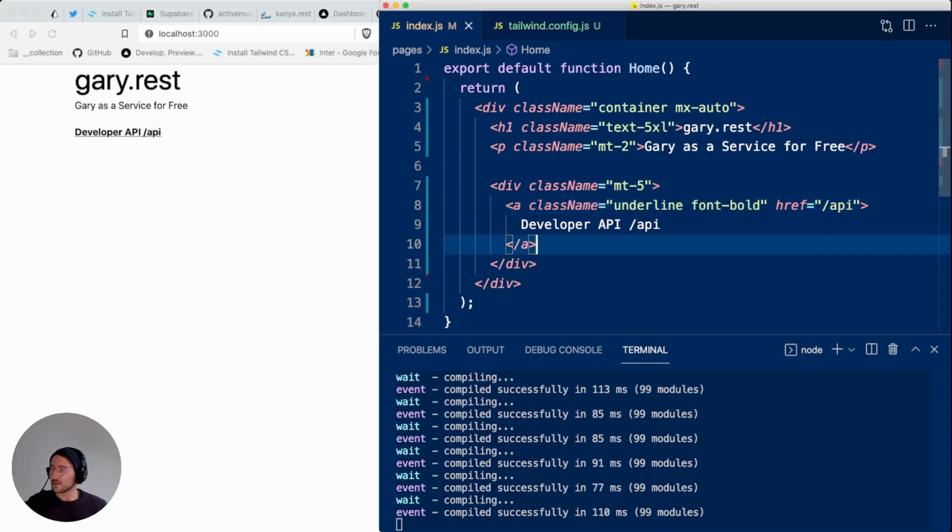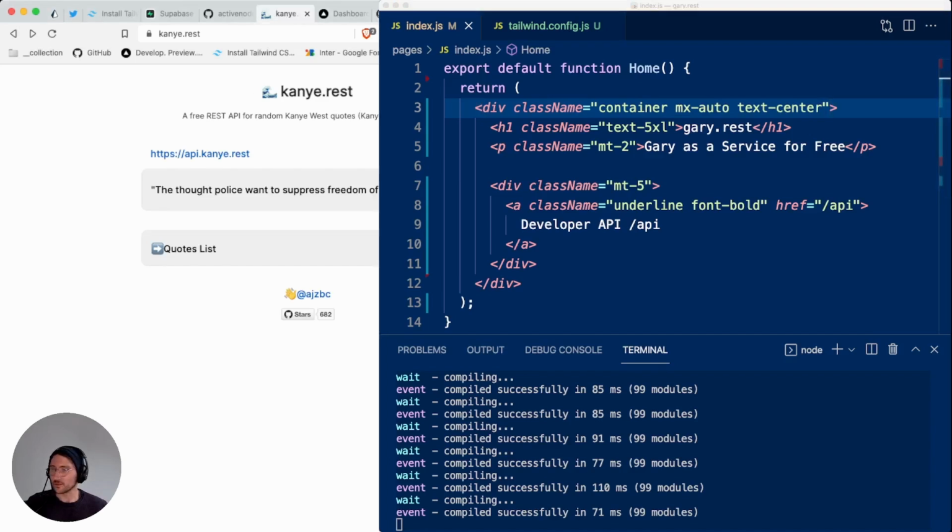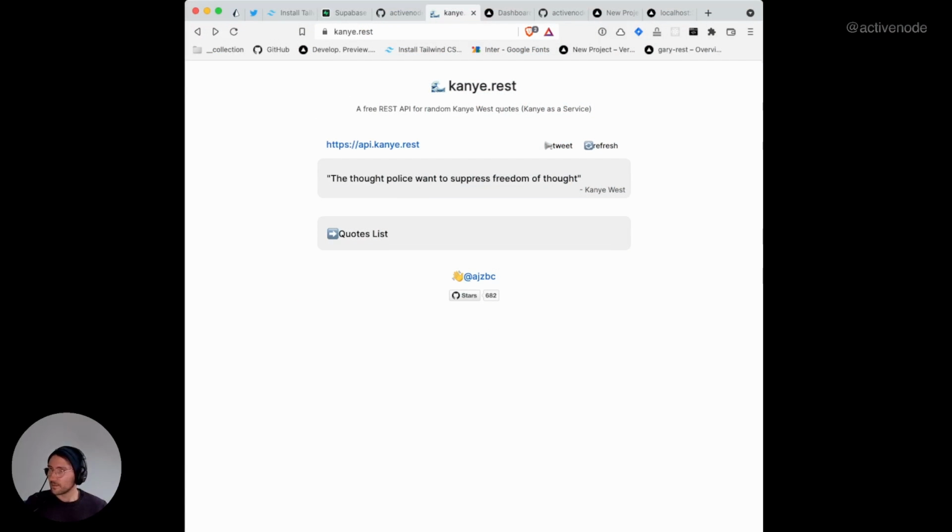Okay. Besides that, we maybe want to have all of that centered. So we use text-center at the very outer wrapper. And then inside of, let me think. Let's just quickly jump over to Kane.rest and check there. Yeah, so there's a refresh button. So maybe we also want to have a refresh button on the right side and a link on the left side, which is kind of doable with display flex. And below that, a quote. Okay, we can do that.